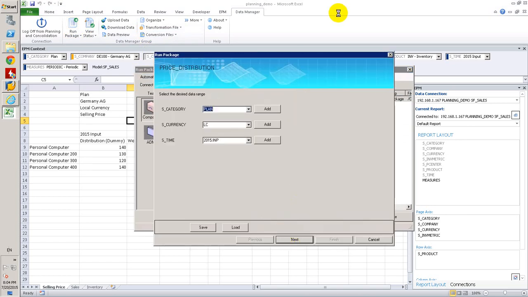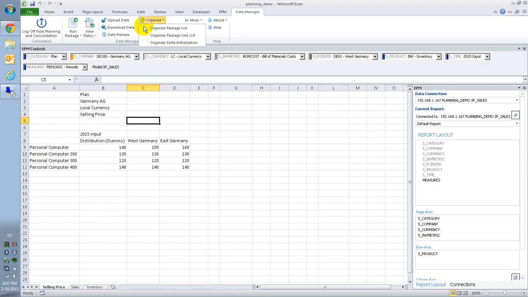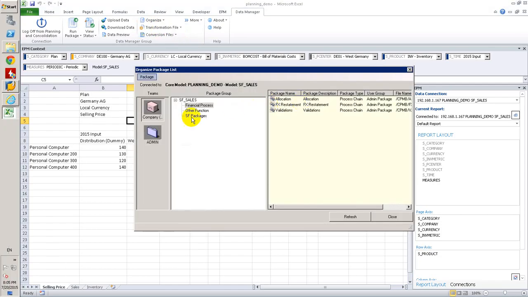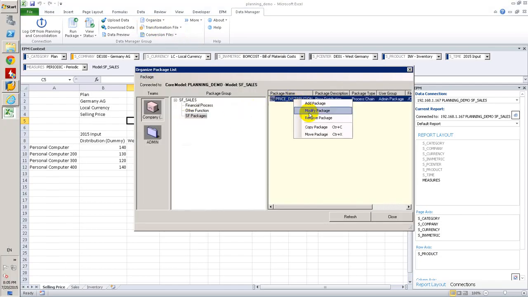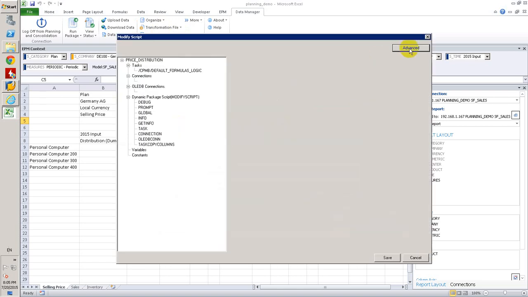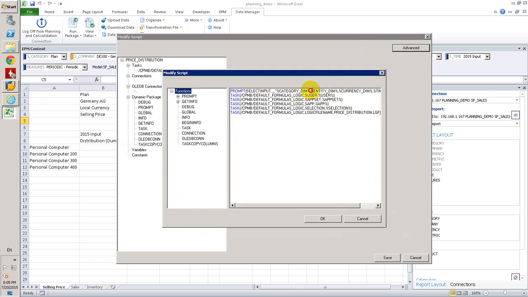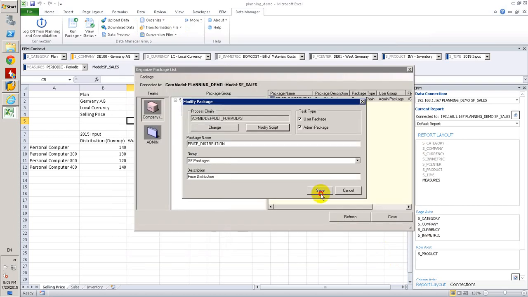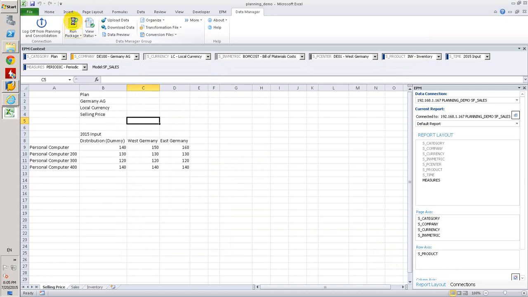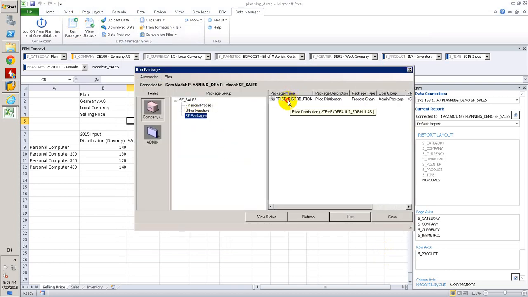That's a bit weird. I will pause the video for a moment. Okay guys, I found the reason. This was because of the space here. When we have a space here, it will not show the entity dimension. So if we clear this, save it, and start running the package,